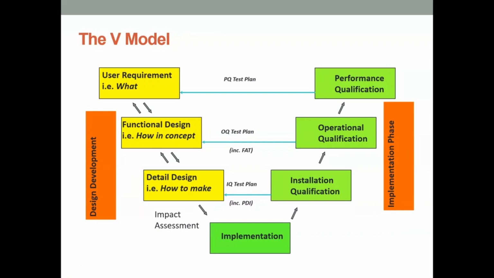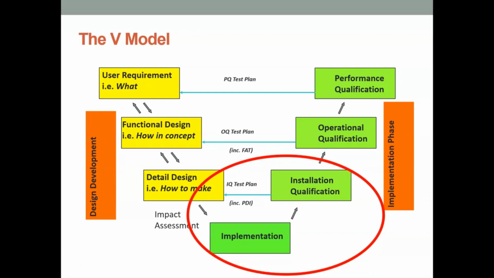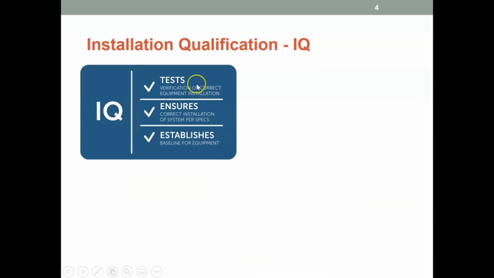So we're back looking at the V model. We've explained this already in one of our previous lessons. So the part of the V model we're looking at this time is our installation qualification and part of our implementation phase of the V model. So the IQ tests verification of correct equipment installation. It ensures that correct installation of the system as per the specification has taken place, and it establishes a baseline